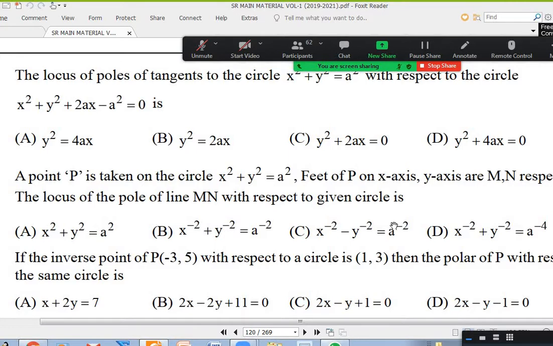Sir, for which point of the circle does the chord of contact not exist? For the center? No, which point doesn't exist? What do you mean by that? For every external point, the chord of contact will exist. For a point on the circle or inside the circle, we don't even talk about the chord of contact. Polar doesn't exist for the center. That is different. Polar is different, chord of contact is different. Is it okay? Okay, sir.